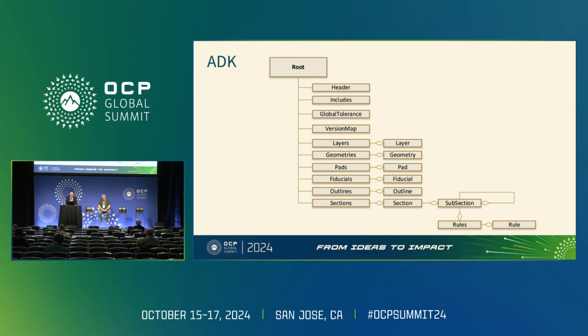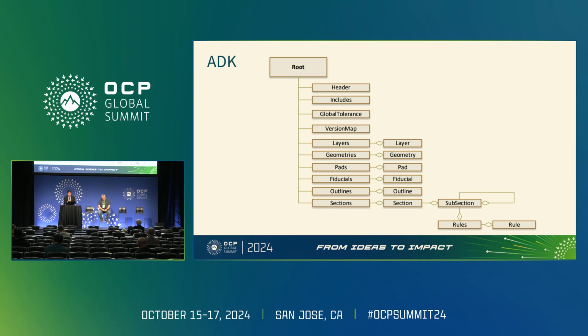And then another area is the ADK that we're working on. So you can see this is the assembly design kit in a hierarchical structure. This is the structure we are adopting from Intel, which is also a participant in the CAS group and OCP. I think it's overall. So here we can see there's a header, and then you have include other files you can add to it,